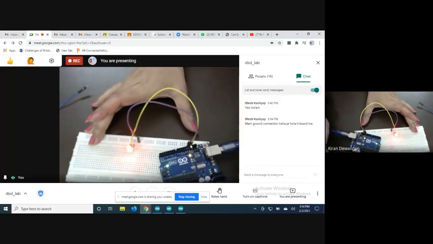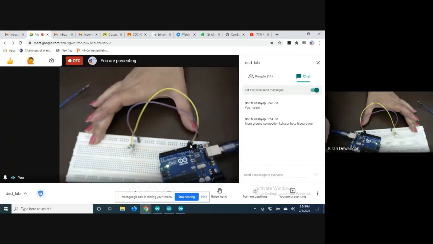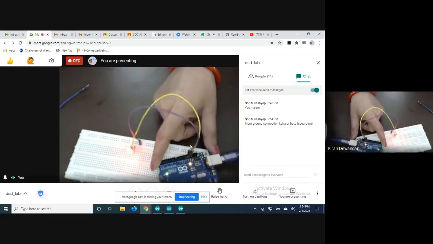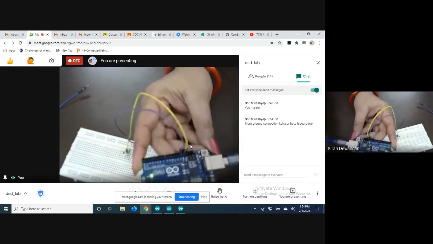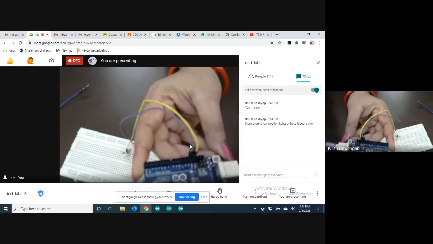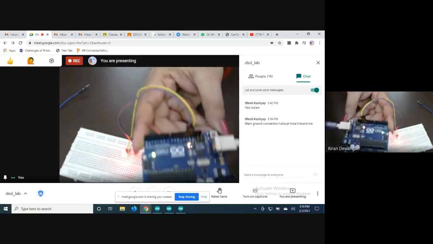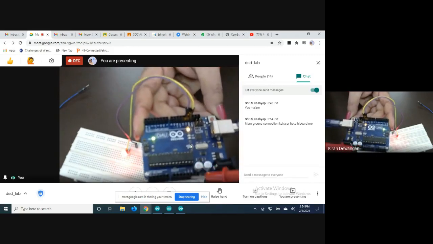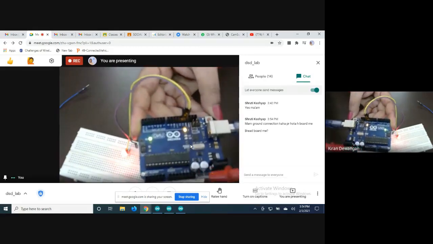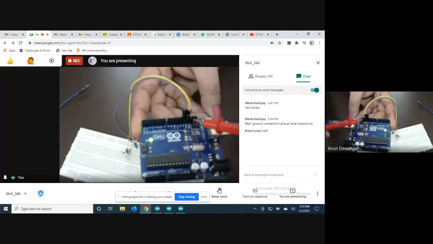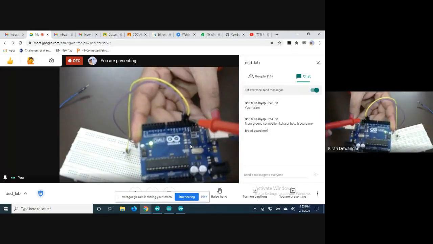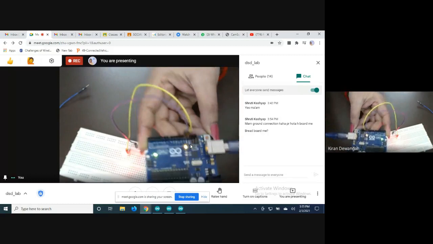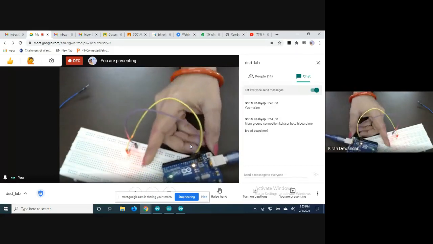यहाँ पर रहता है हमारे पास, यहाँ पर इनपुट, यहाँ पर वोल्टेज सप्लाई का भी रहता है 5 वोल्ट, 3.3 वोल्ट, and then we have the ground. यहाँ पे ग्राउंड के 2-3 पिन ऑप्शन रहते हैं. ठीक है, is this visible now? यहाँ पे रहता है, this side. ठीक है, यहाँ पर we have the ground pins. ठीक है, and यहाँ पर भी रहता है, पिन 13 के just बाद में जो पिन रहता है, this side we have the ground pin. ठीक है, so we can make use of any of the ground points.